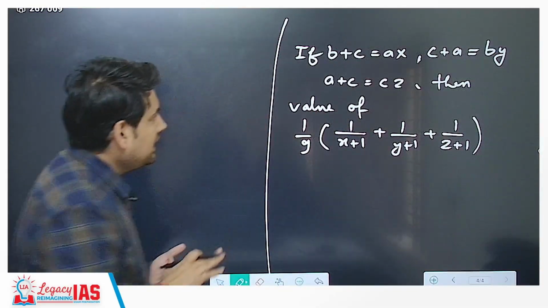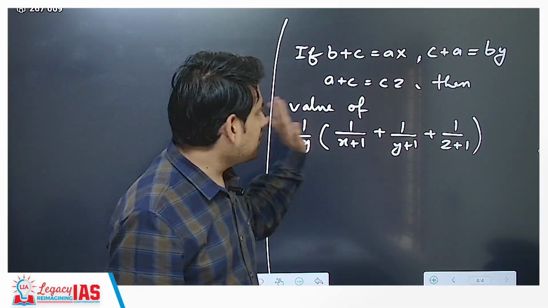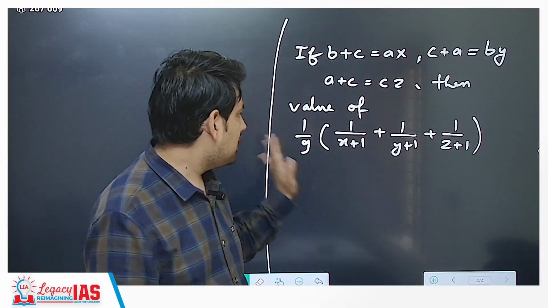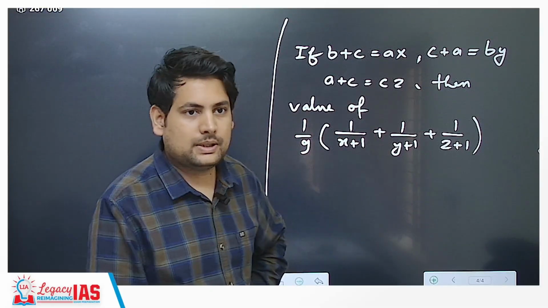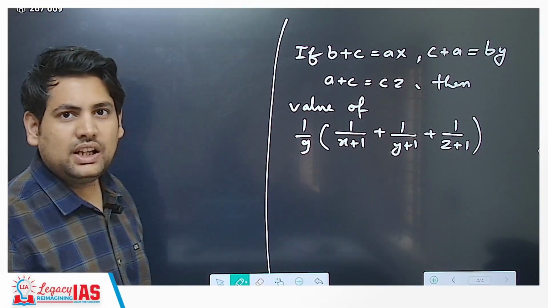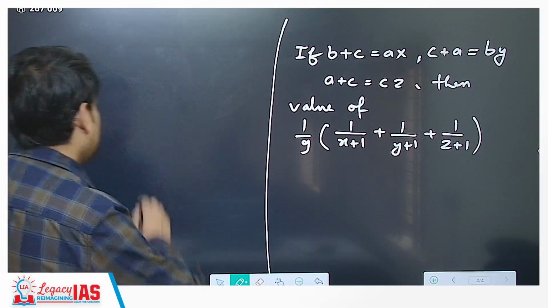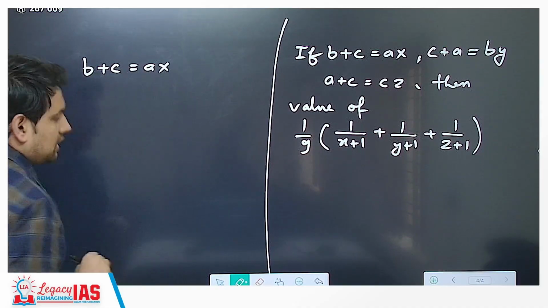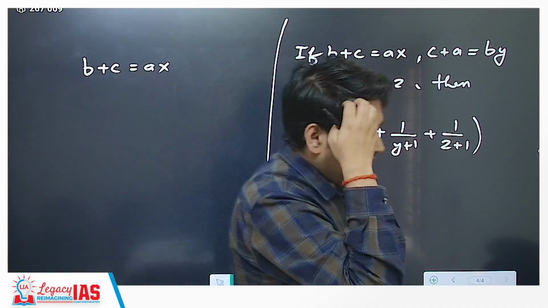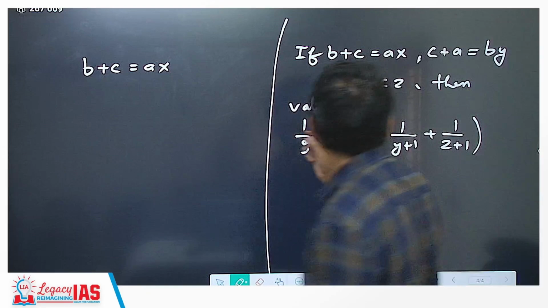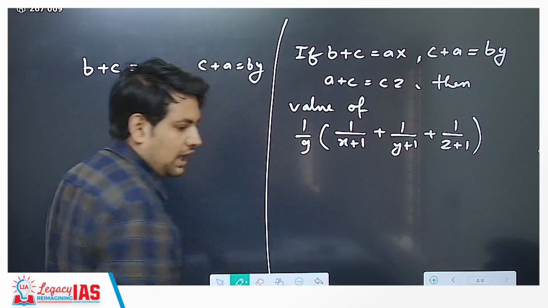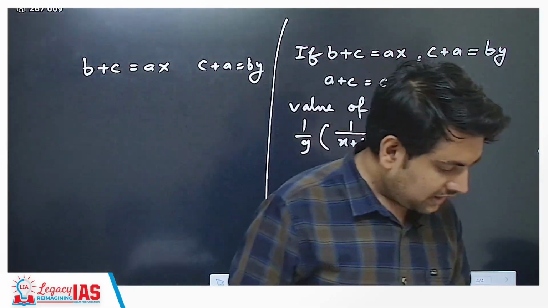Now it is given that b plus c is equal to ax, c plus a is equal to by, a plus b is equal to cz. Then you need to find the value of this. Now again you need to find the simplest solution first. Now if b plus c is equal to ax, and similarly you have c plus a is equal to by, what I can do is I can simply take